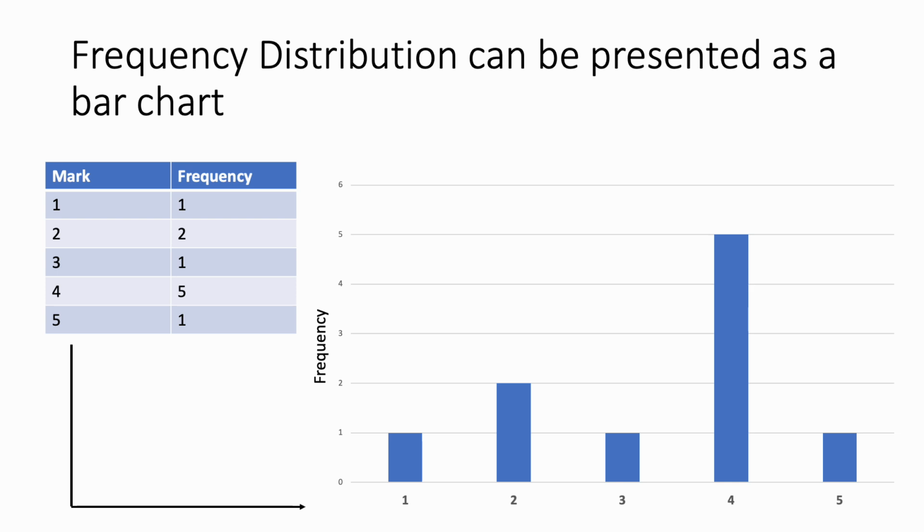For instance, the first bar goes up to only 1, which matches its frequency. The second bar goes up to 2, which also matches, and so on. Notice there is no scale on the x-axis. There's only a scale marked out on the y-axis. This is because the distance between each data point on the x-axis is immaterial. We simply want to separate them out so each bar visually looks different or distinct. There is no other purpose of this distance between bars, and hence we don't need a scale on the x-axis